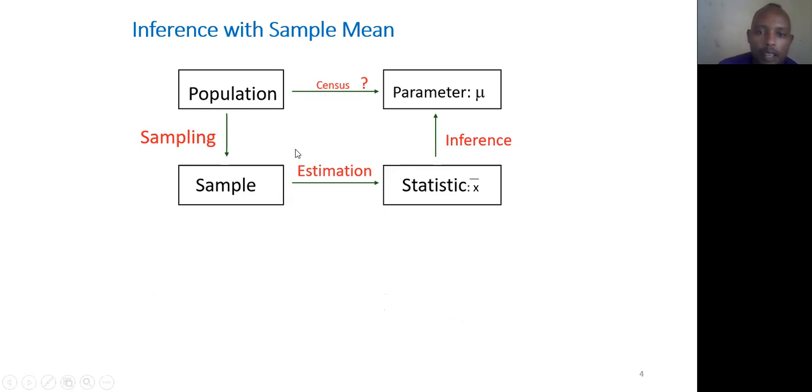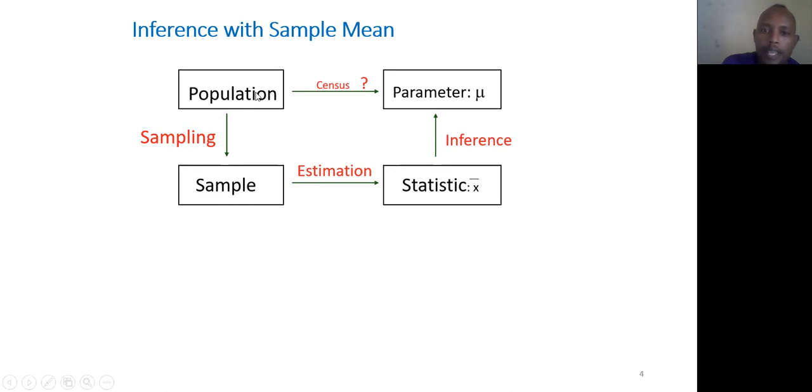Let us talk about inferring about population parameters. Here we have certain terms: statistic, parameter, census, sample, population. When we start from the population to study the characteristics or the behavior of the population or sample, we have two directions or two alternatives to do that.